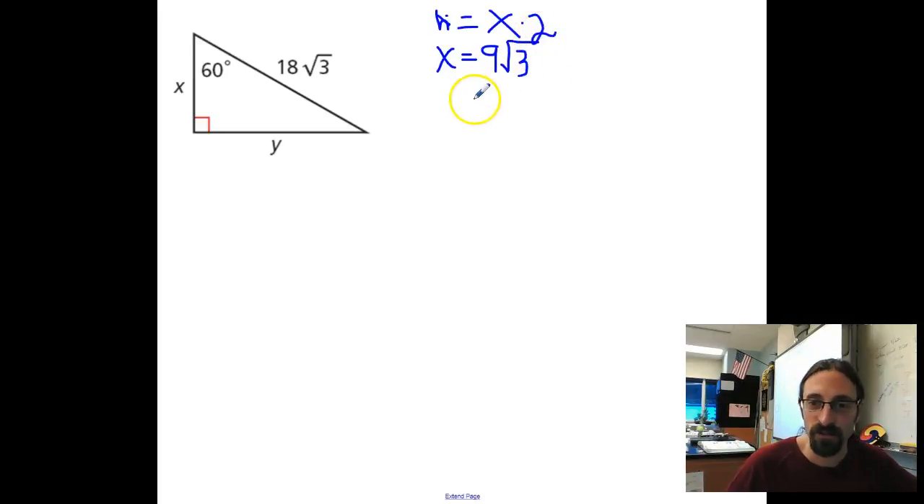And then I can solve for x. The real question then is y. So y is equal to the short leg, 9 square roots of 3,